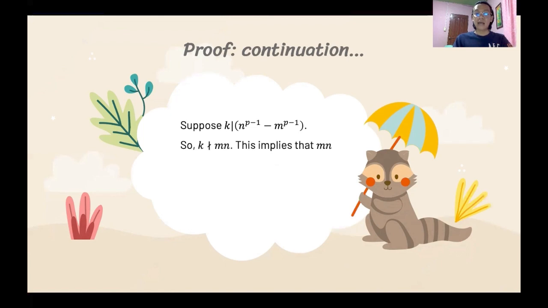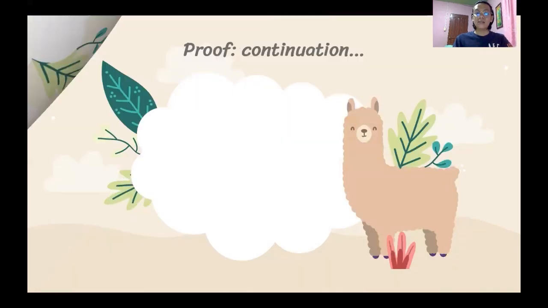This implies that mn is divisible by a prime p, since we say that mn is not divisible by a composite number k, so it must be divisible by a prime number p. That is, p divides mn. This is a contradiction because if p divides mn, then p will divide m times n raised to P minus n times m raised to P, which is not our assumption. So it is a contradiction. Next, suppose that